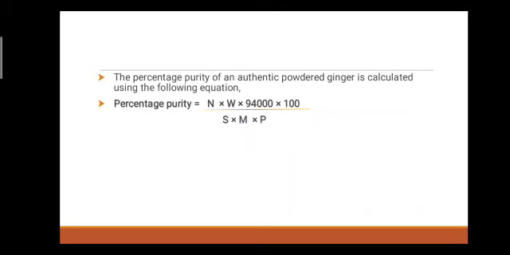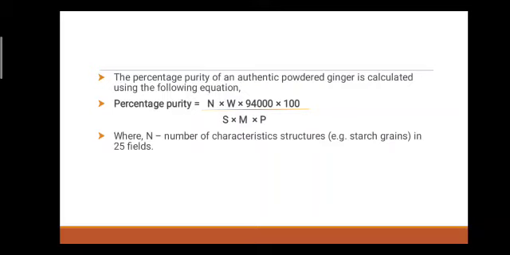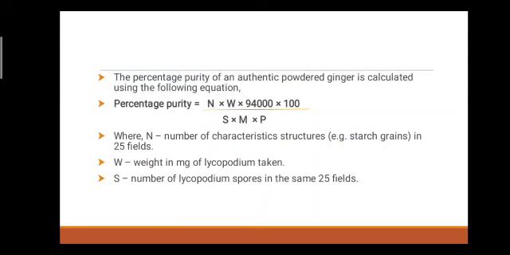Percentage purity is equal to N into W into 94 thousandths into 100 divided by S into M into P, where N is equal to the number of characteristic structures (example starch grains) in 25 fields, W is equal to weight in mg of Lycopodium taken, S is equal to number of Lycopodium spores in the same 25 fields,